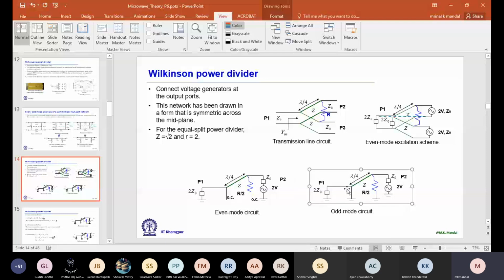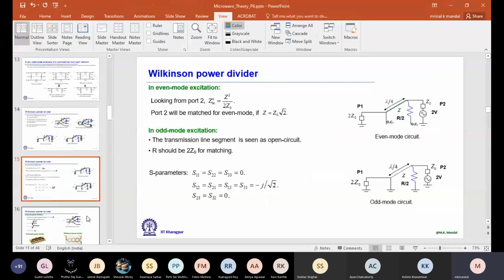It is short circuited. So at this point, at the plane of symmetry, basically I'm putting one electric wall. Electric wall represents short circuit. So then the equivalent circuit looks like this. So we have this twice Z0, that's why we are using actually twice V. Anyway, I'm repeating here, the even mode circuit and the odd mode circuit remain the same as before. Now let us concentrate on the even mode circuit.